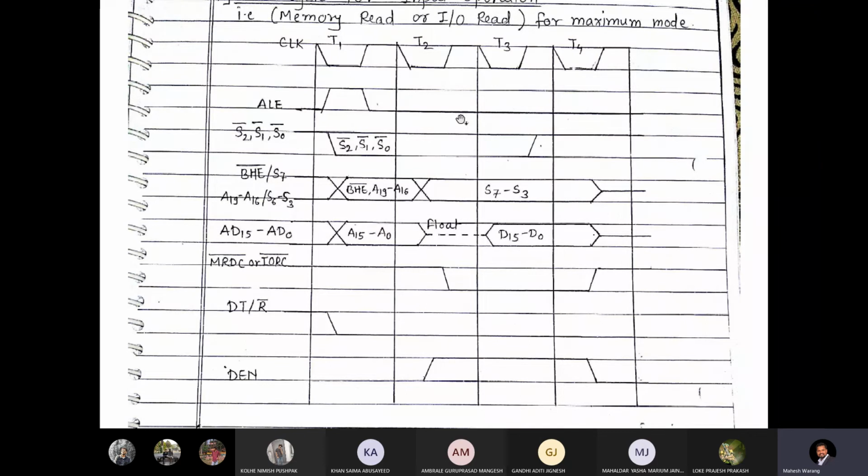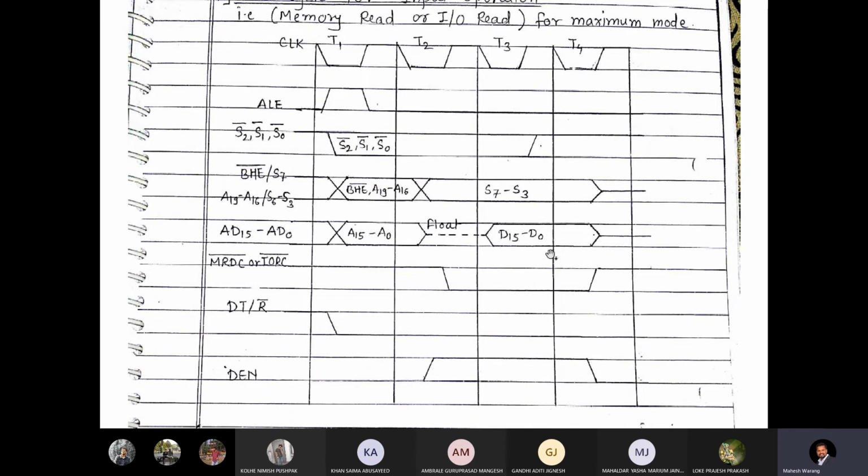नाउ इन दिस वन इज द मैक्सिमम मोड, सो वी हैव टू शो दिस वन S2 बार, S1 बार, S0 बार। दैट इज इंपॉर्टेंट। You have to show this S2 बार, S1 बार, S0 बार because मैक्सिमम में यही लोग हैं जो कंट्रोल सिग्नल वगैरह जनरेट करना है, तो ये लोग चाहिए मुझे, ठीक है। So I'm showing S2 बार, S1 बार, S0 बार and they will take the appropriate value। इसका मीनिंग वो होता है, अगर वो बॉक्स में लिखते हैं ना अपन, that is they will be taking appropriate value, ठीक है। उसके बाद अपने रोज के सिग्नल BHE बार/S7, ठीक है। तो जब ALE हाई रहेगा तो BHE वगैरह जाएगा, उसके बाद ये जाएगा, ठीक है। देन AD0 to AD15।